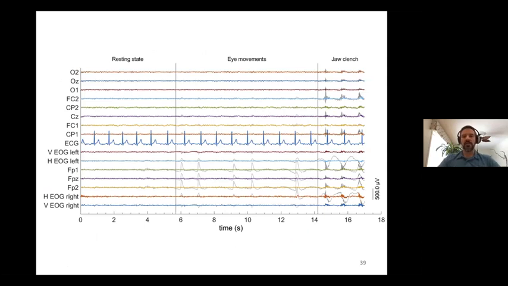So this is, again, just a view of the quality of the data that we get. You can see the ECG going around. Gray lines here are when the participant was moving their eyes, clenching their jaw. So these are areas where they generate noise in the EEG. Through that enhancement part that I talked about and developing adaptive filters and so on, you can get rid of that information. So this is all done at the software level, so it has no influence on the user whatsoever. You're not changing the person's experience in order to measure experience. It's all transparent to the user.